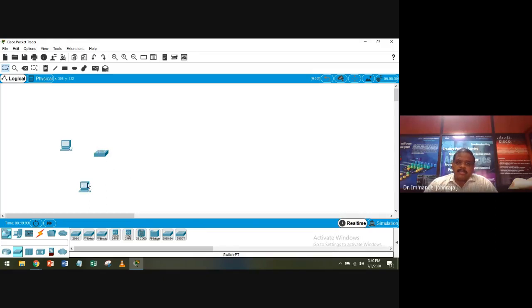In other words, this personal computer is to be connected to the switch, and another PC is also going to be connected to the switch, forming the local area network. So how can I go for it? Yes, I need the cables. If you are using Packet Tracer for the first time, or it is the initial stage of your networking journey, I would recommend you use this automatically choose connection type,